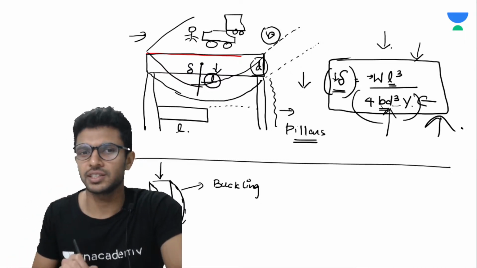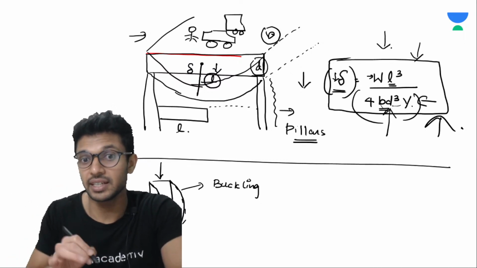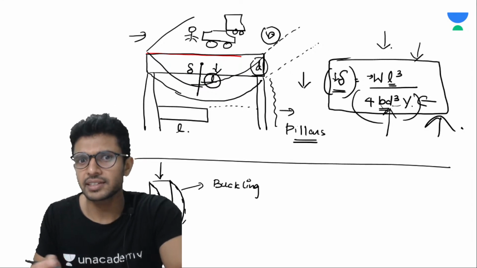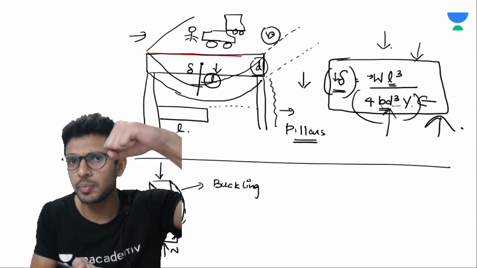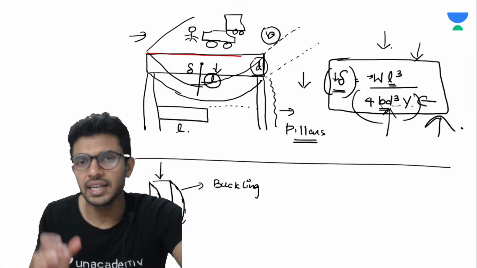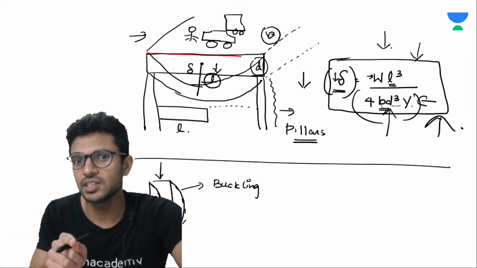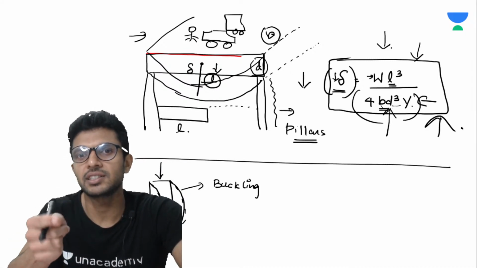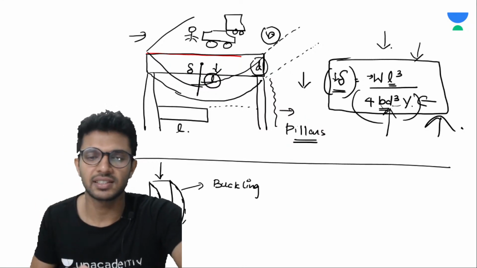Sometimes you will find it in your exams also as one word questions or assertion reason type questions. They'll be asking, if you give a huge force on the pillars, there happens a bending, it is called buckling. In the assertion reason type, you will be asked whether it's a correct statement or not. So what do you say? Yes, it is a correct statement.